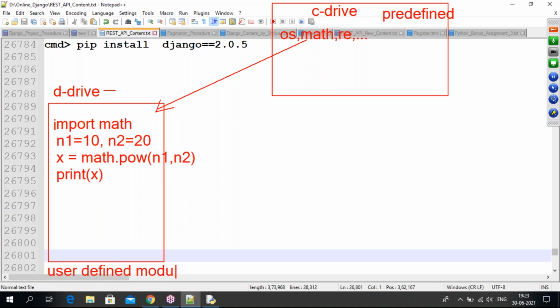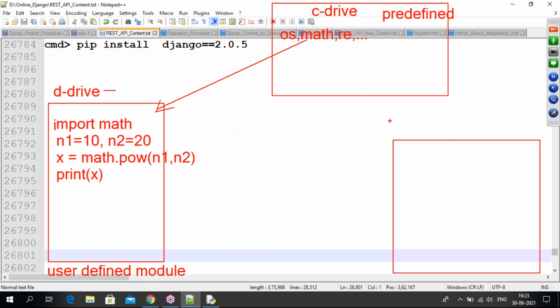Next, third party modules are available in the web location. These are the third party modules. There are any number of them, guys.